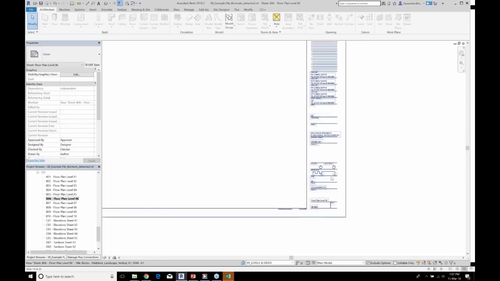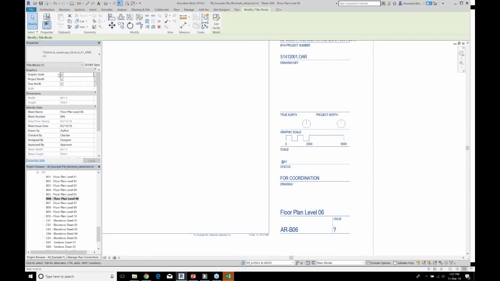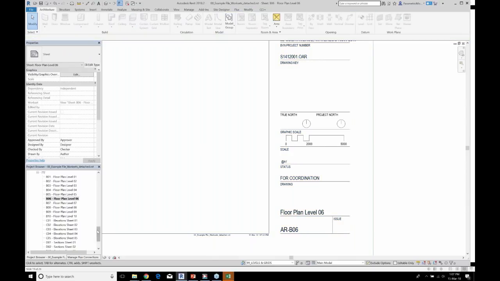So if we look at our title block, we can see up here we have some properties where we can turn on and off our north points, etc.